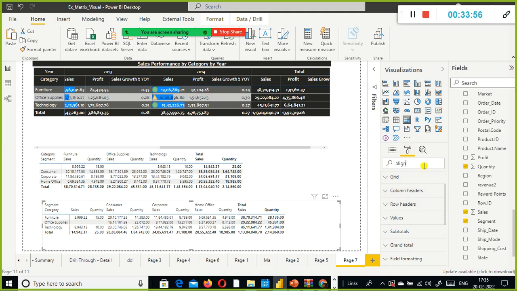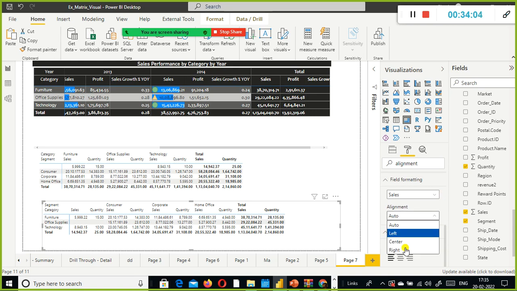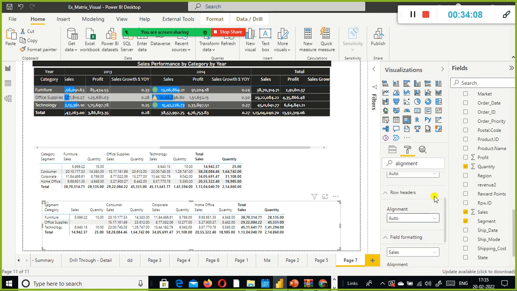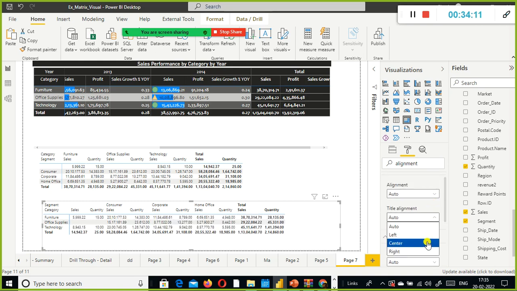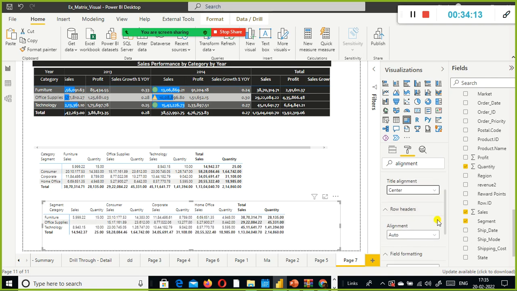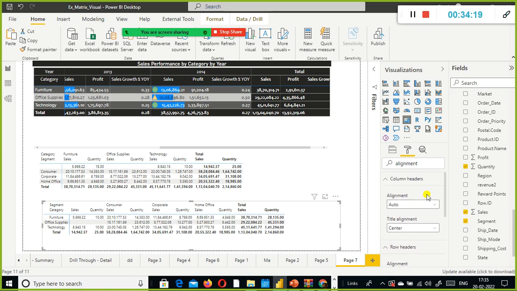Alignment. And what I do is column headers, center.